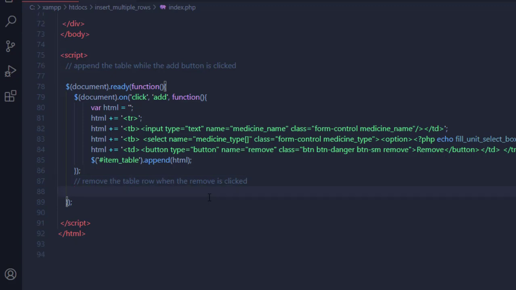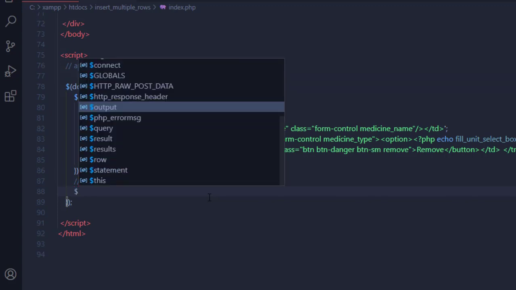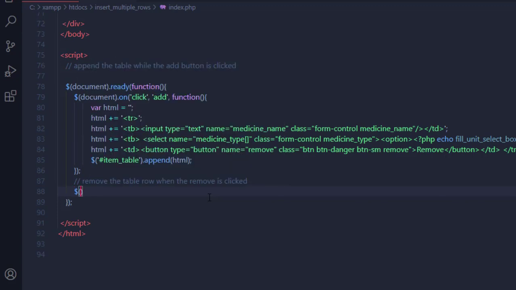Now to be able to do that, we are going to have a set of brackets, document, outside that we're going to have .on, and then a set of brackets, a set of single quotes, when the remove button is clicked. So we should also have a set of single quotes here, a period, and the remove button class, so we'll have that, and then